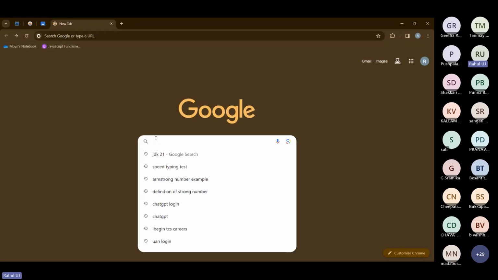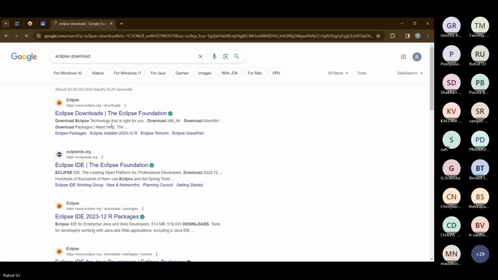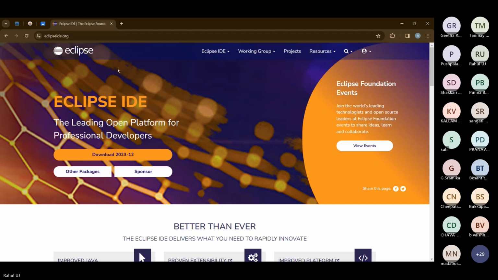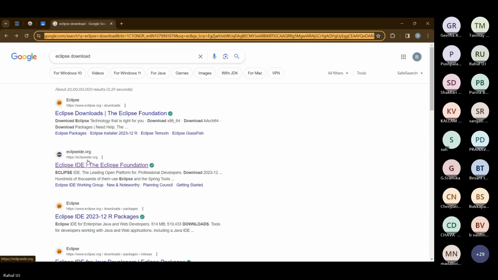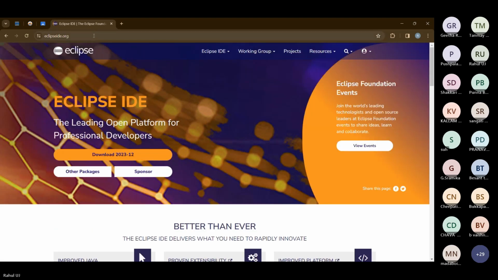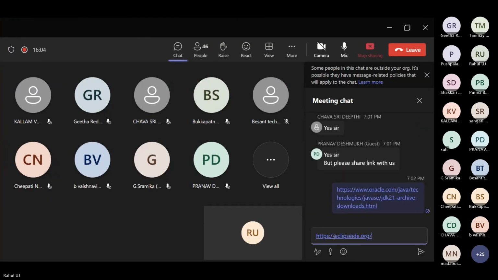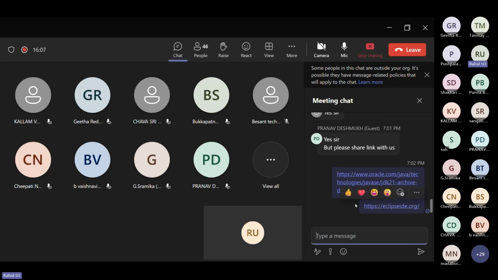And next, you have this second link, which is for Eclipse, and the first link is for JDK 21.